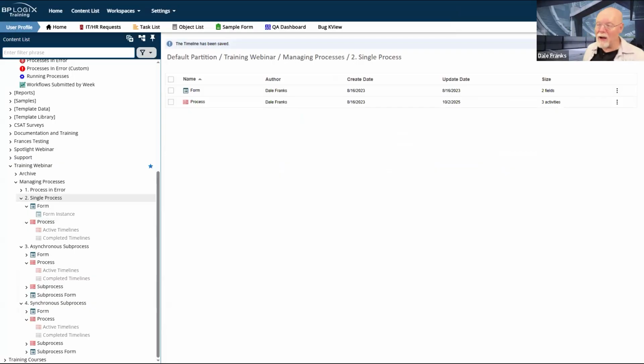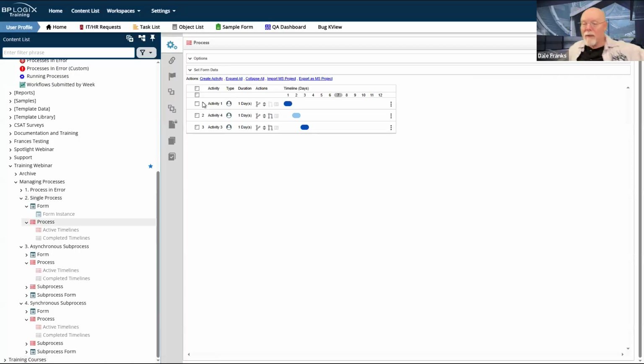I can save my timeline. I don't get that little error message. The timeline has been saved. If I reopen it, I'm activity 1, activity 4, activity 3. So for all of my activities that were in activity 1, so